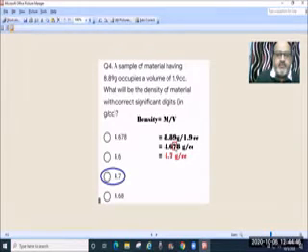For that, we have to remove this 7, round it off. Now see, 7 is greater than 5. Here the odd-even rule does not apply. We are removing 7, which is greater than 5. If the removed digit is greater than 5, we increase the preceding digit by 1. So when we remove 7, we have to increase 6 by 1. So this becomes 4.7 gram per cc.